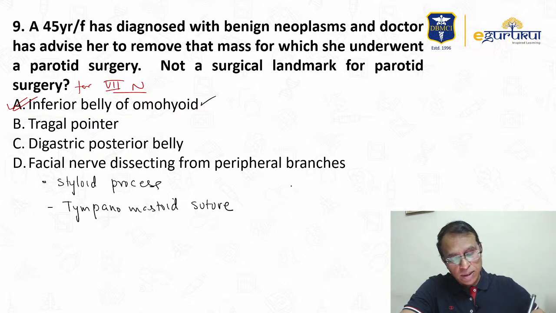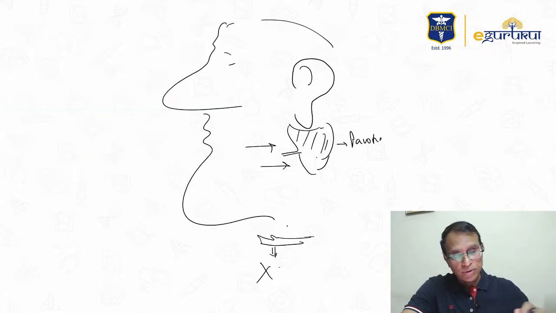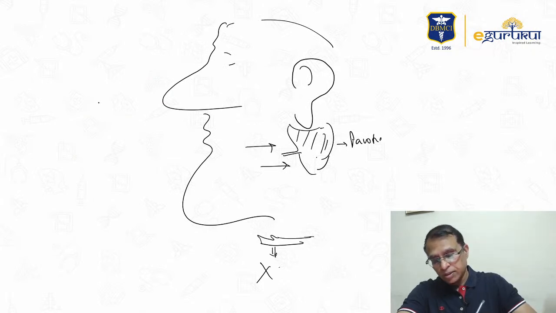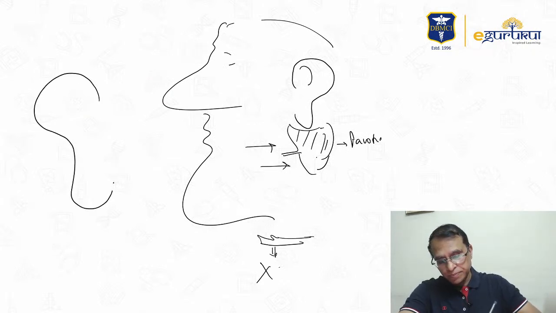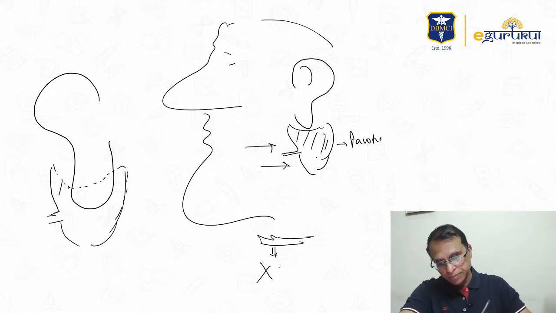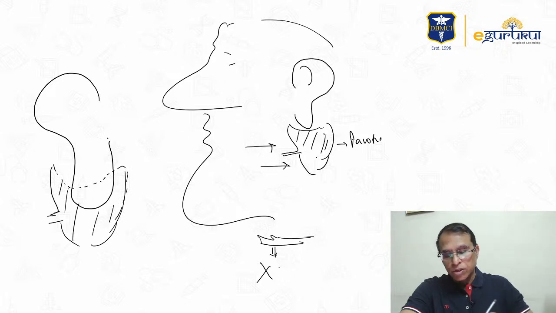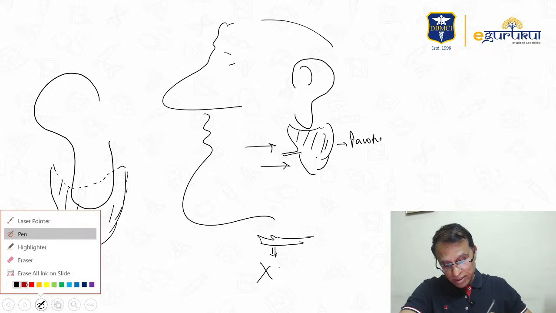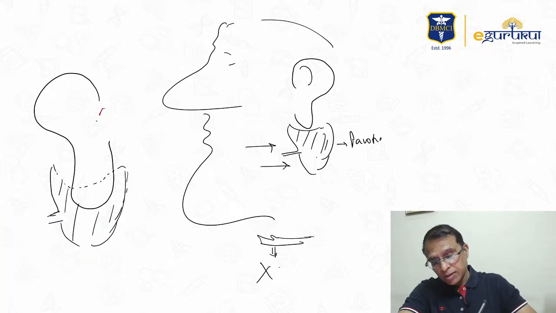So this is again, let me draw it here. Let's say this is the pinna, and like I said, the parotid gland is this. This is your parotid gland. So if you remove this pinna and then you look at the tragus cartilage, the tragus is pointing like this. This is the shape of the tragus.